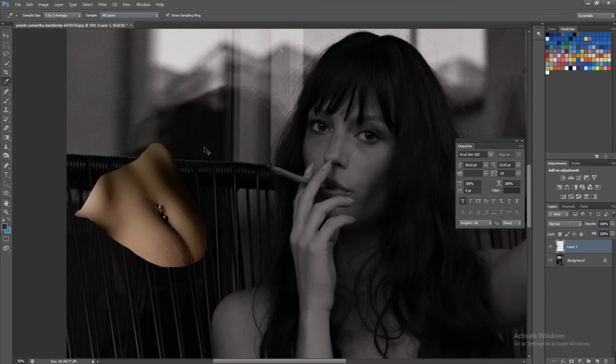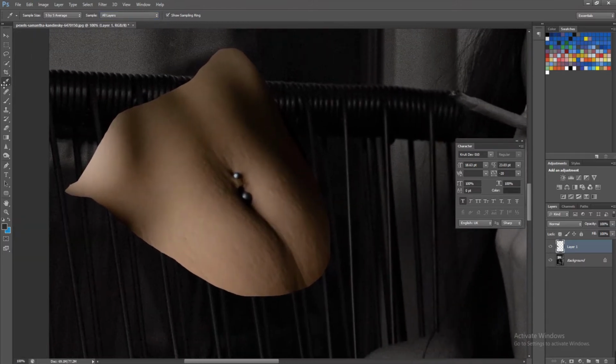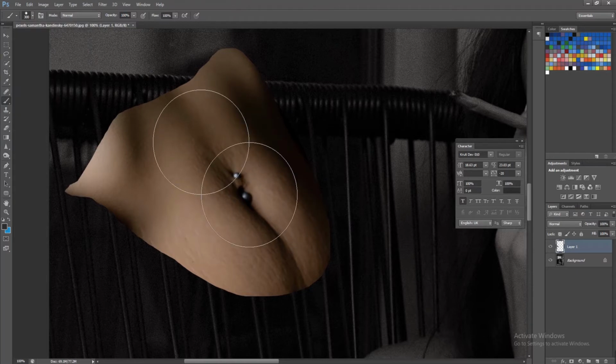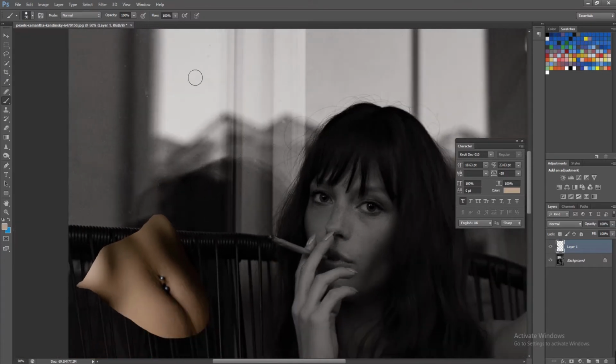Now zoom the reference image and take the brush tool. You can choose any brush, soft or hard, but I will go with a hard round brush. Firstly, let's work on highlights of the color, which are the brightest areas. With the brush selected, press the Alt button and pick up the brightest area of the skin. I think this is the brightest area. Now paint the brightest color on the canvas.